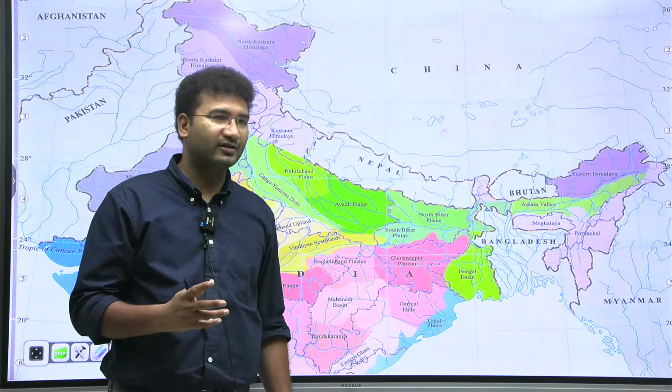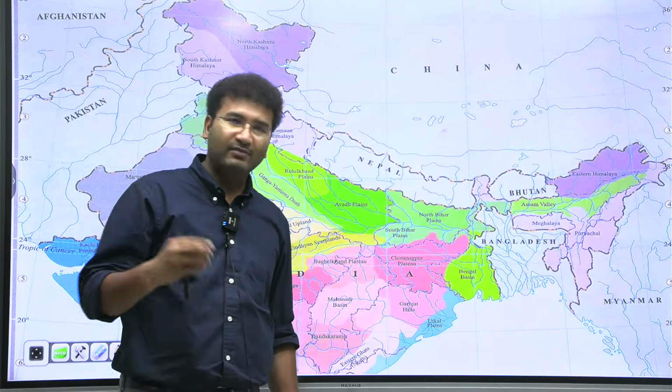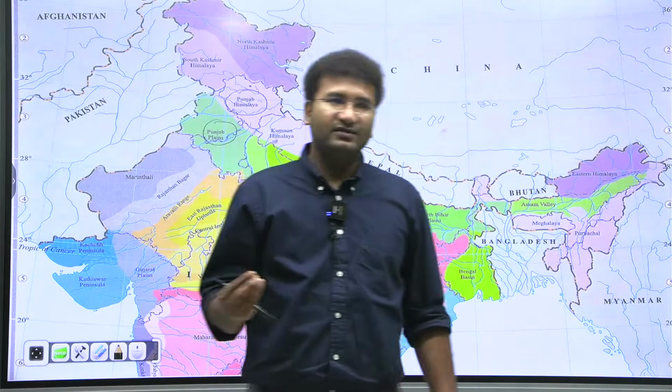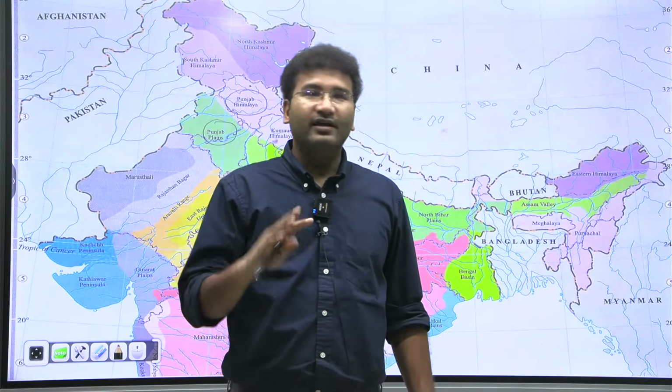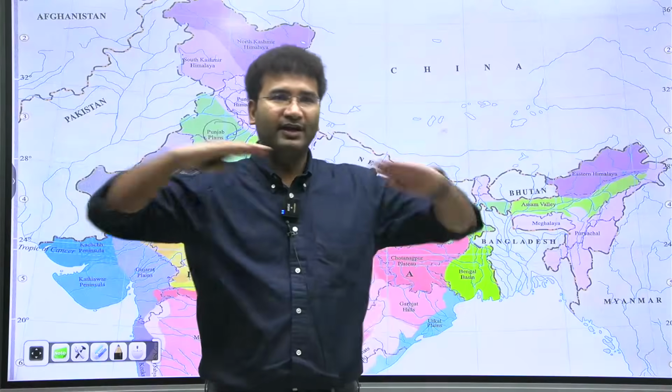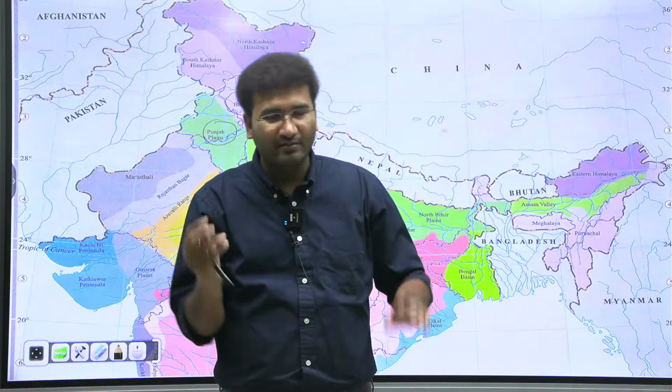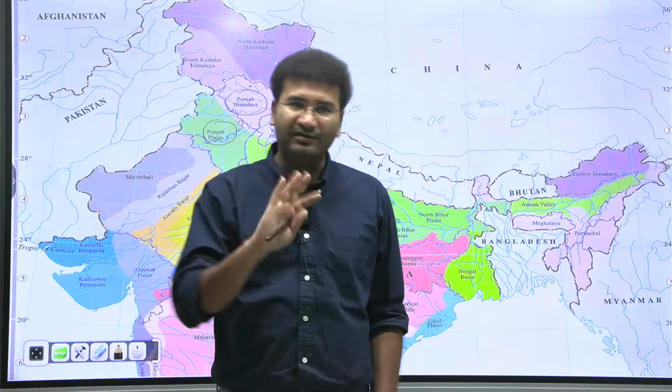What is a hotspot? Magma coming from the mantle area. Basically, mantle plumes. It comes from the mantle. Irrespective of whether you have plate boundaries or not, it doesn't matter to you. Mantle plumes can come from anywhere. The mantle plumes are formed because of the excessive temperatures that are there in the mantle.